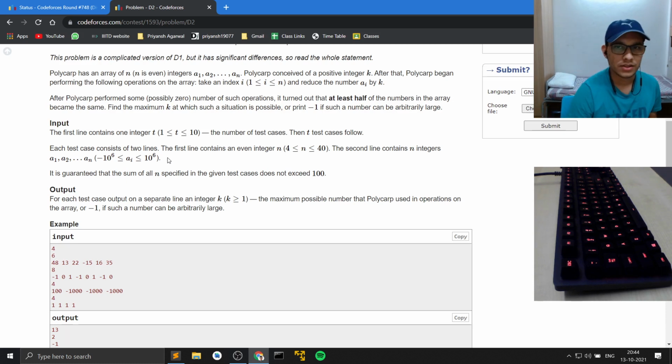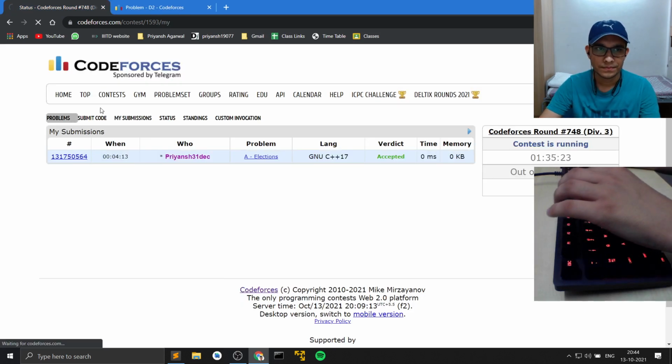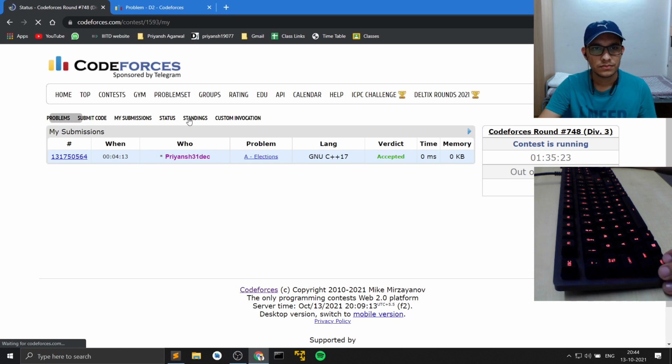Also, there is just one thing. When we want at least half, why would we want to pick up more numbers? If we are picking up more numbers, the GCD is going to get reduced, right? So why not just pick up n/2 numbers exactly? If I just have to pick up n/2 numbers exactly,